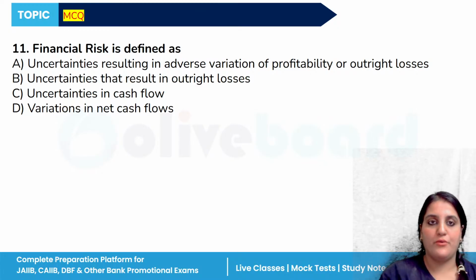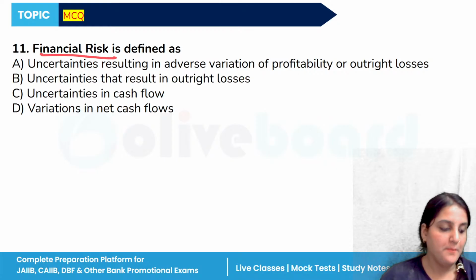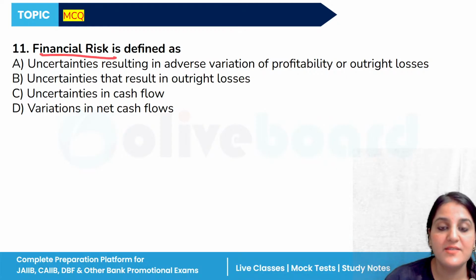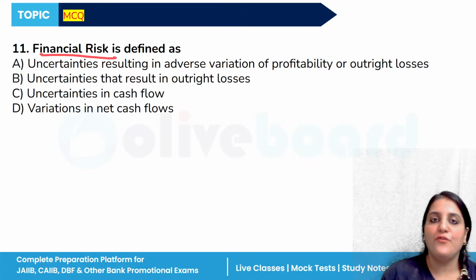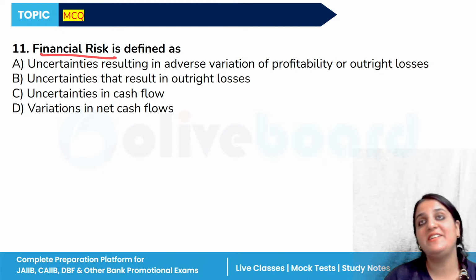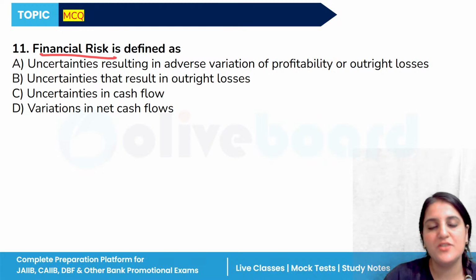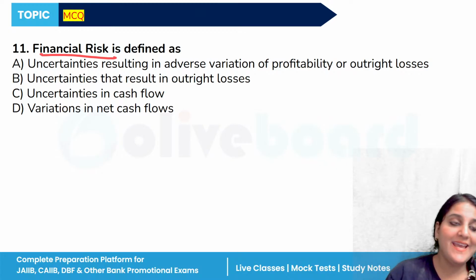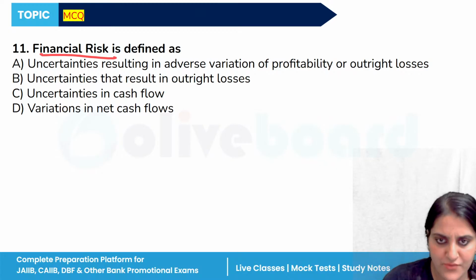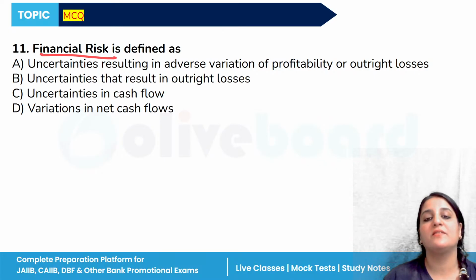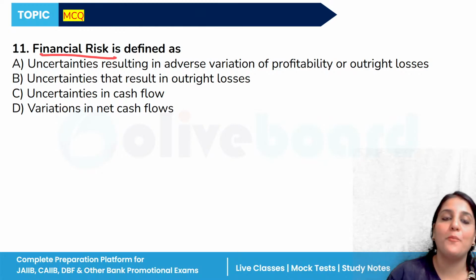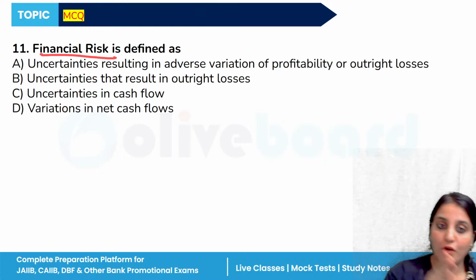If we talk about financial risk, basically financial risk is the potential for financial loss or damage to an organization due to some unforeseen events or circumstances. It can arise from various types of sources, which include market risk, credit risk, liquidity risk, operational risk and legal risk. What is market risk?